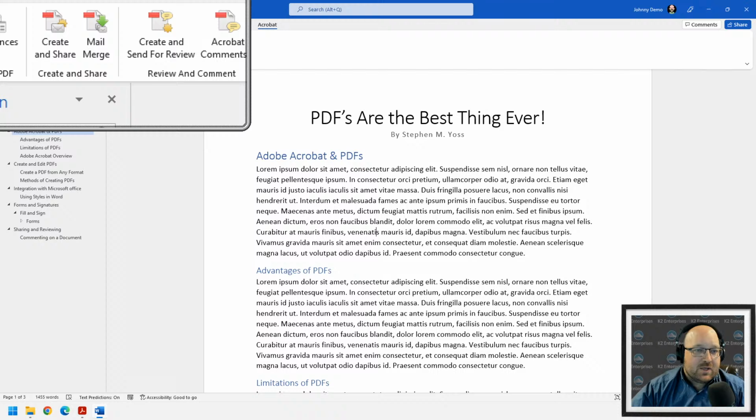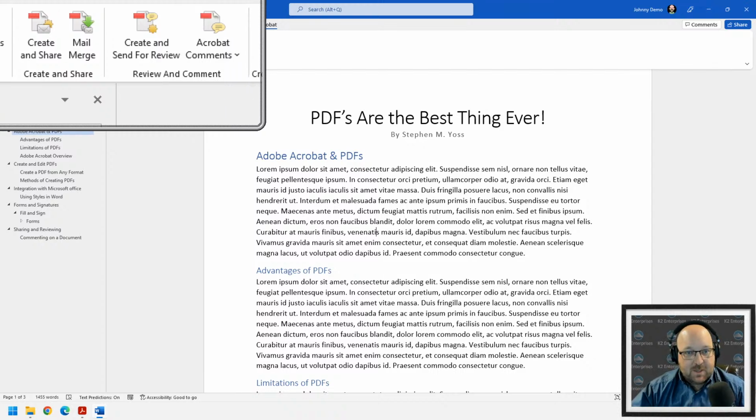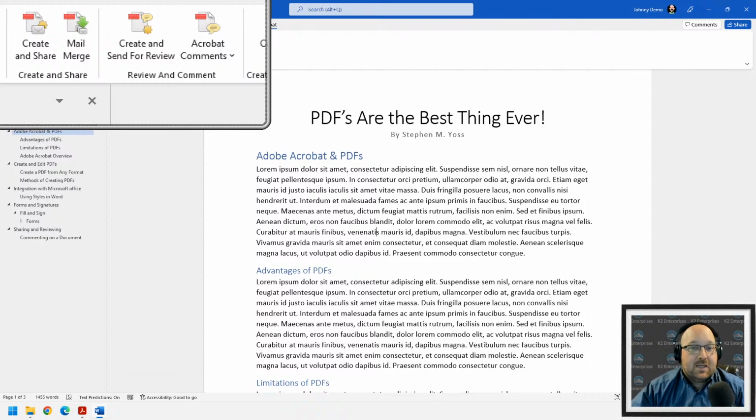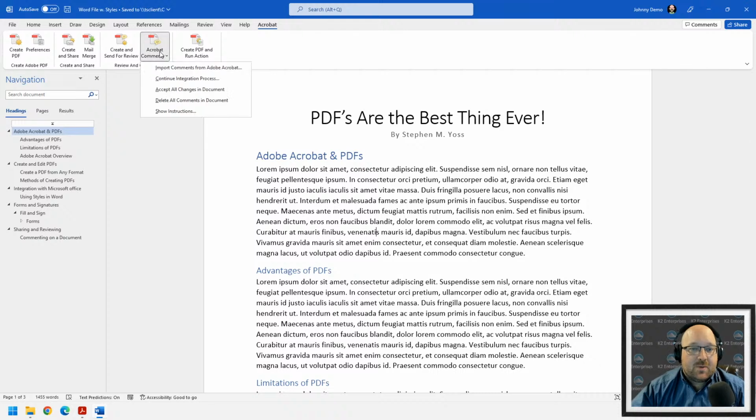For example, in one click, we can create and share this document through the Document Cloud, the DC version of Acrobat, and send it out to somebody else to view and consume. Likewise, we could send it out for viewing and providing comments and review of this particular document. One of the cool things with the Adobe document is that when people comment on the PDF version, you can actually pull those comments back into Word, which is pretty nifty